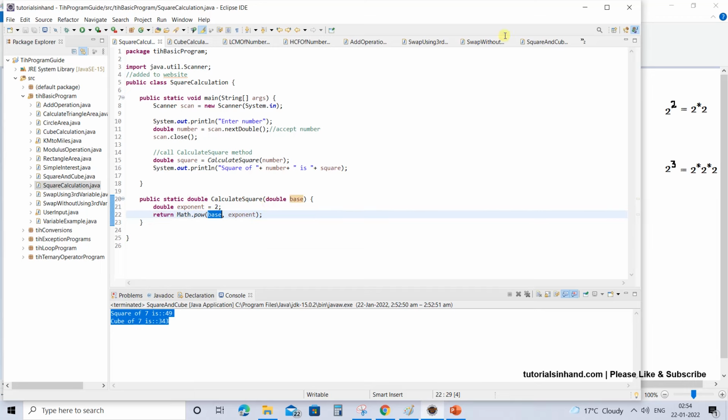In our case, suppose for this example, if we are going to calculate for this one, then the base is the lower part, that is 2, and then the exponent is this one. So we have already hard coded the exponent as 2, that means it is printing the square. And if we hard code the exponent as 3, then it would be printing the cube, right?